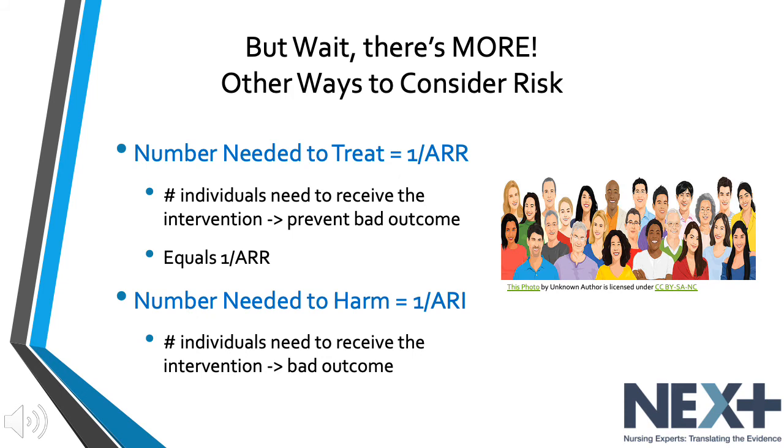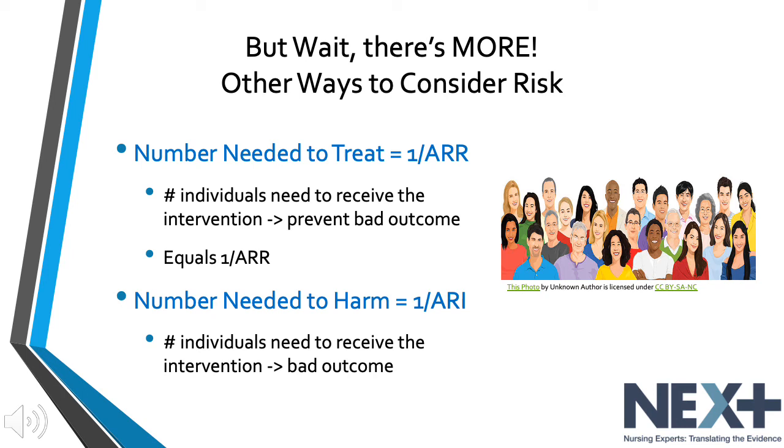Here are 2 additional results that tell us about the likelihood of an outcome when exposed to an intervention. Number needed to treat is the number of individuals who need to be treated to prevent one adverse outcome. If the number needed to treat is 5, that means that every 1 in 5 individuals will benefit from the